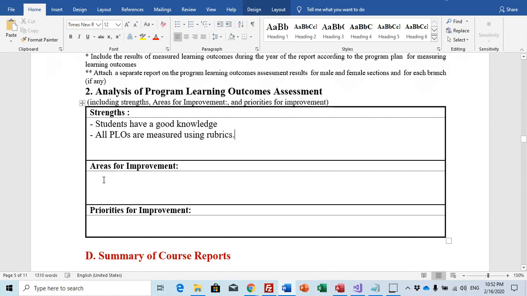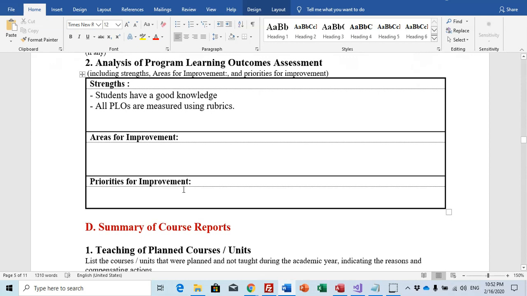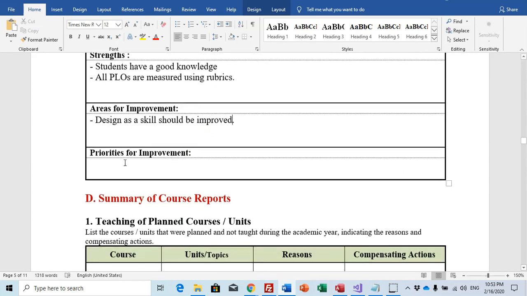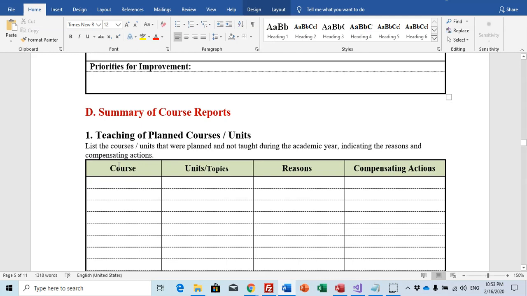For example, here is improvement. For example, design as a skill should be improved. If you have priorities for improvement, write them. If you don't have, don't write them.